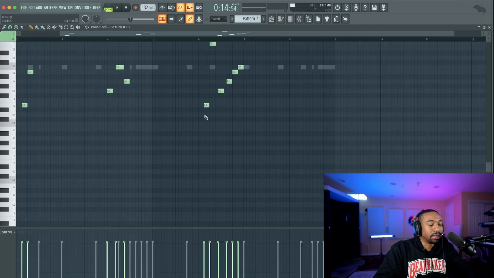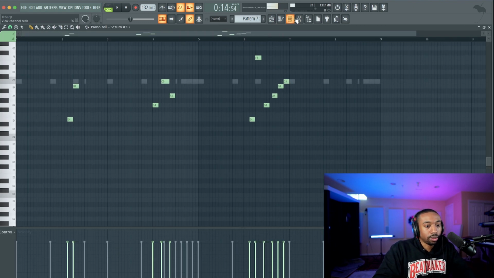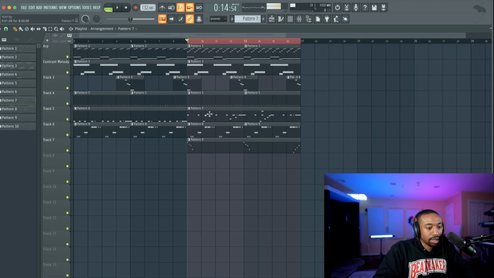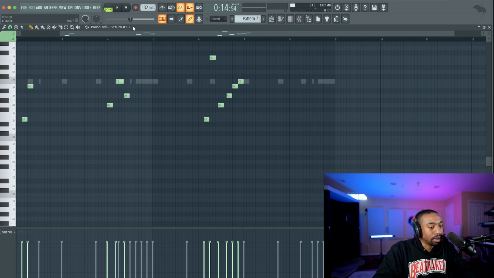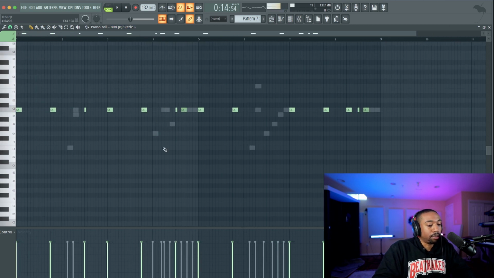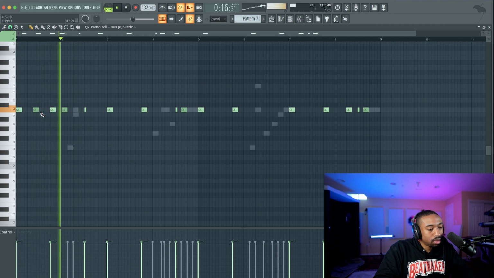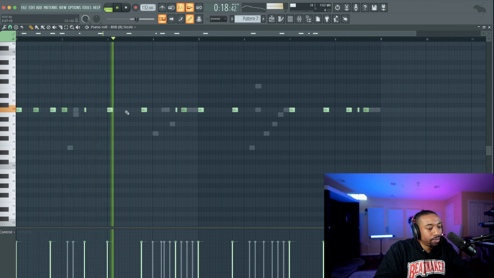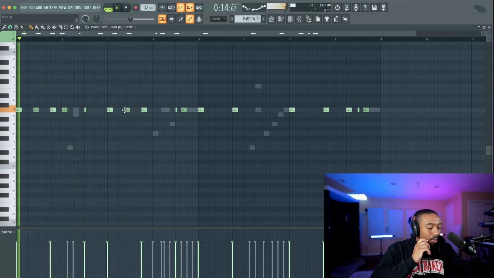So again, it depends on the vocal performance truly, but the last touch I would do is just going in and adding little mutes into the 808. So I think on pattern 7, if you double click, go inside, you can go inside your 808. And remember that mute note we added? Just add a note and just turn the velocity all the way down. So mutes are also notes. So I want to go mute. So you can add little mutes in there.